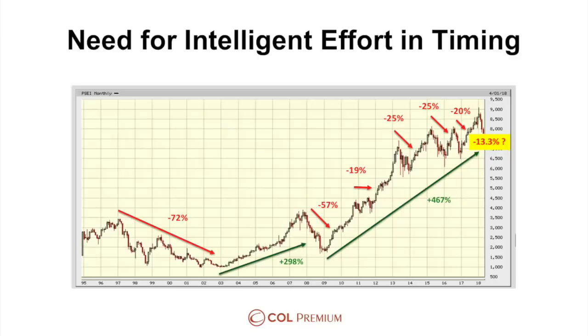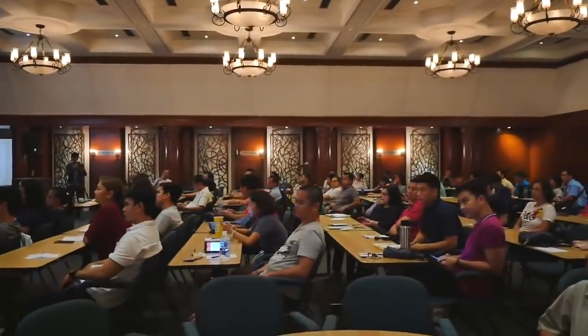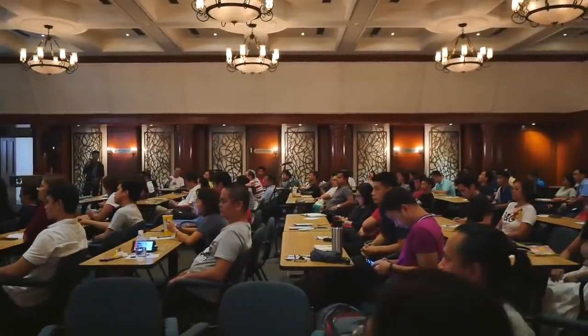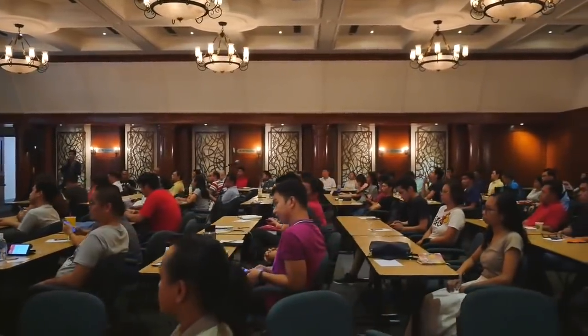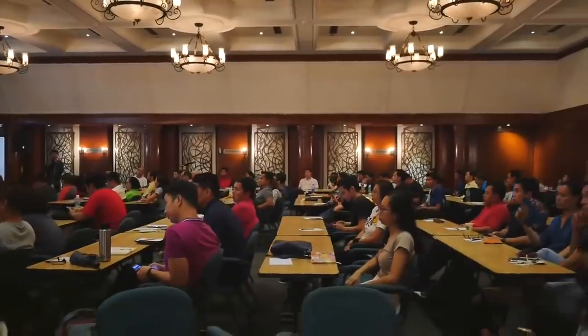If you look at the stock market, people have always talked about and overstressed the need for intelligent effort in understanding companies. There has been a lot of literature written on that, but what has not been tackled is the need for intelligent effort in timing your investment decisions. When most people open a COL account, the first question they always ask is, what do we buy? After they deposit the 25,000 or the 5,000, so what now?